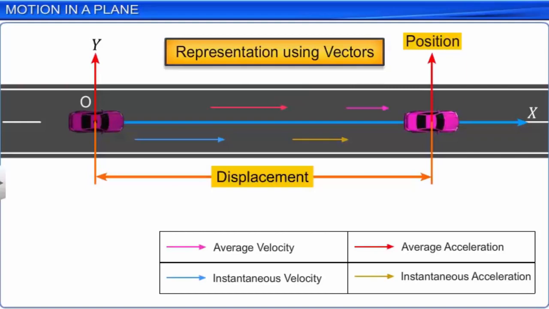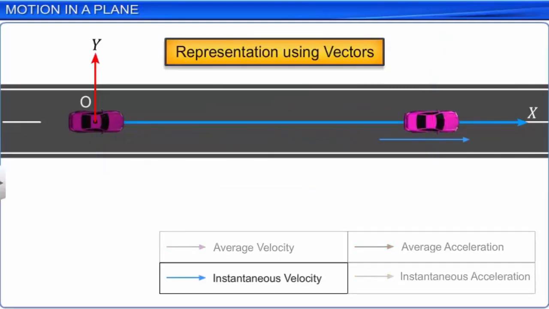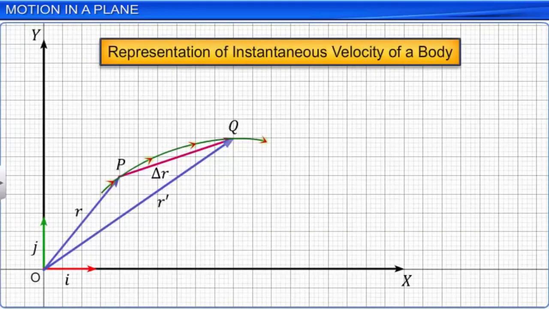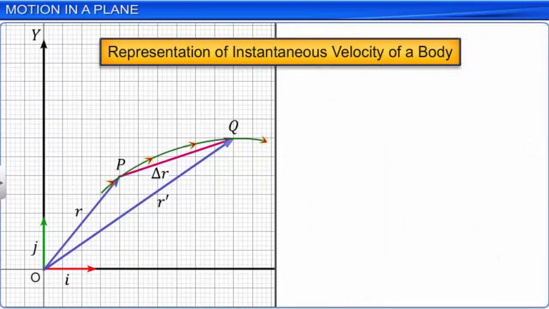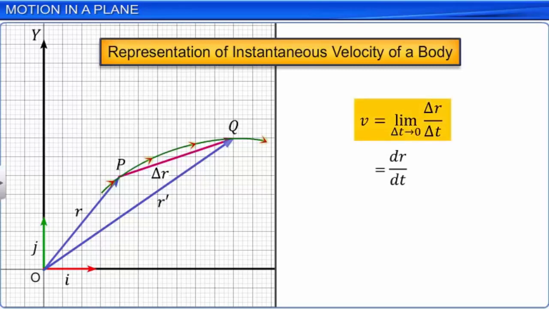Next, let's discuss the representation of instantaneous velocity or velocity of a body using vectors. Consider the same body moving along a curve in the xy plane. Instantaneous velocity or velocity is limit delta t tending to 0, delta r by delta t, which is equal to dr by dt. Let us conceptualize this limiting process. When the body is moving along the curved path in the xy plane,